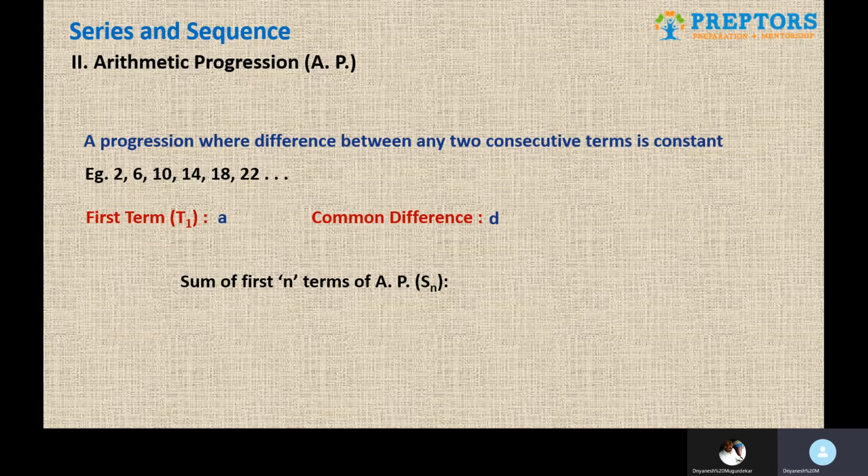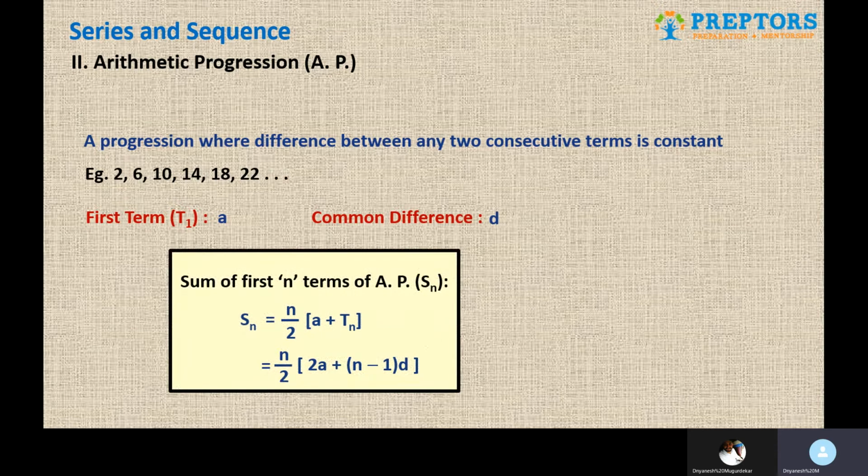Similarly, if somebody asks me what is the sum of the first 15 terms, obviously I can't keep on adding every time. There has to be a formula wherein I can directly substitute the values and get the answer. So there are two formulae for Sn of AP. One of them is n by 2 into (a plus Tn), and the other is n by 2 into (2a plus (n minus 1) into d). Actually both formulae are the same.